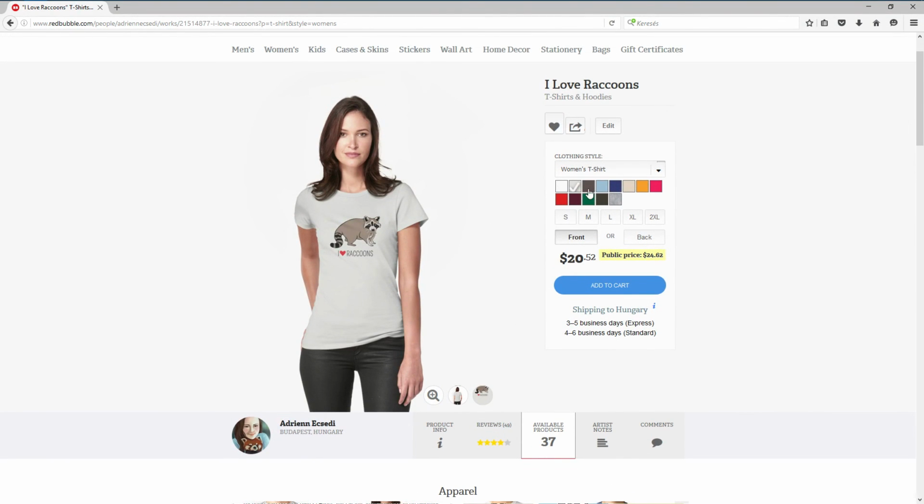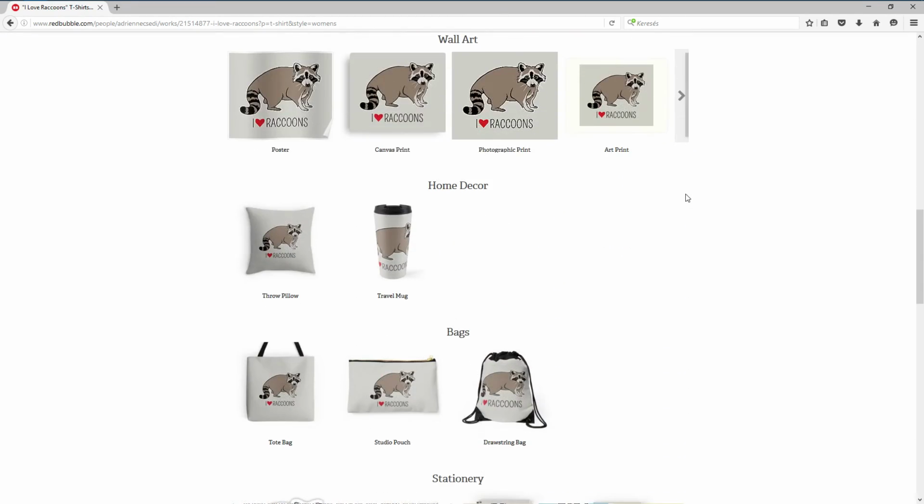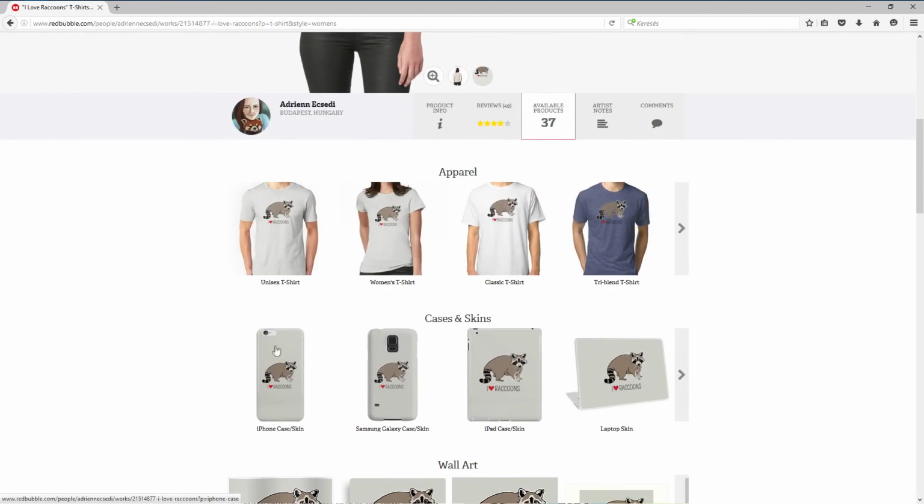And as you can see, I have removed some colors. We did that in the first part of the tutorial, and those colors are hidden from the customer to choose from, so you can limit the palette as you like. And one other thing to note,